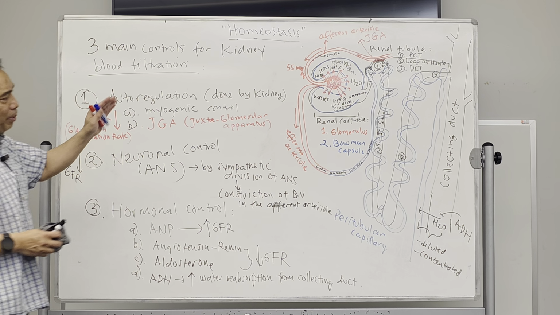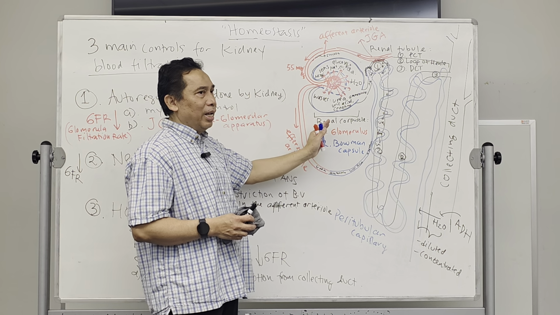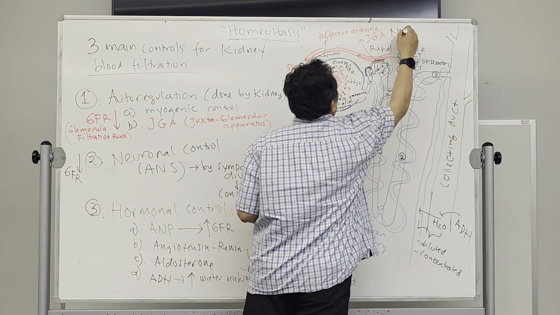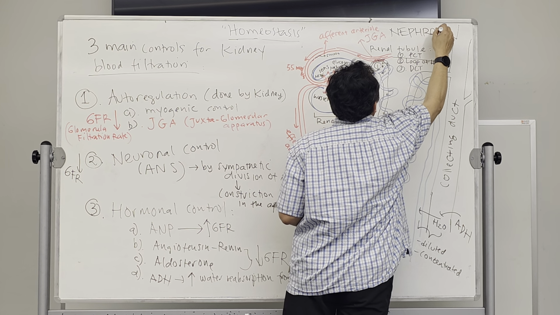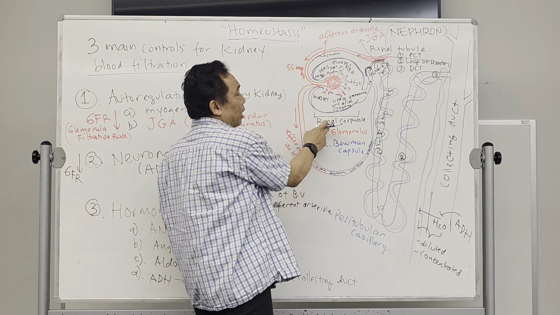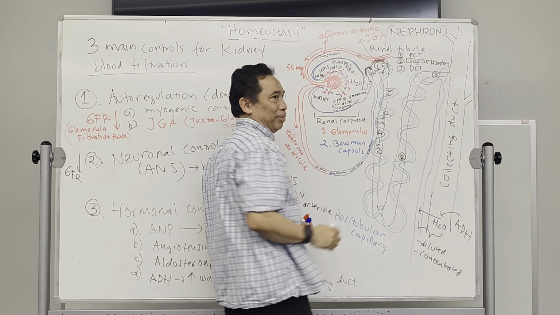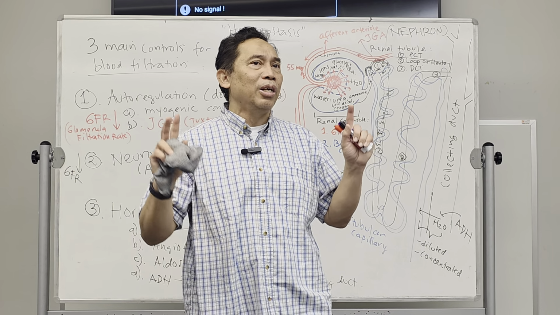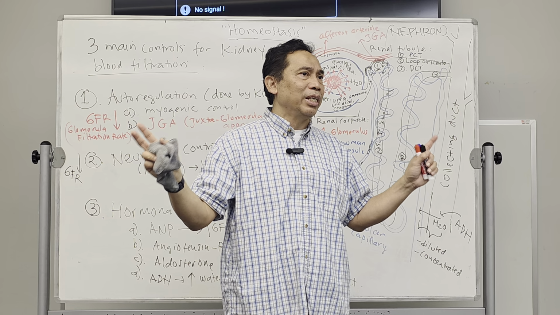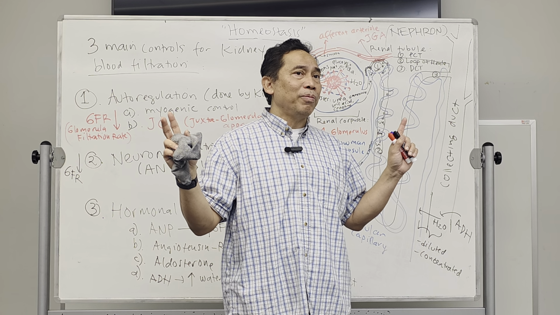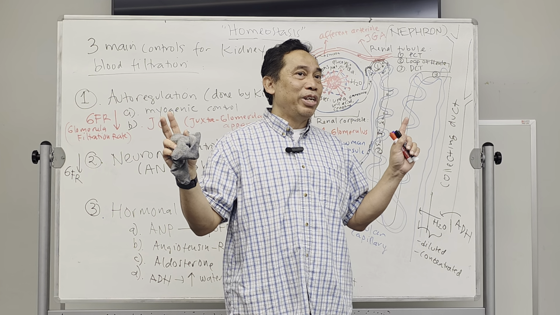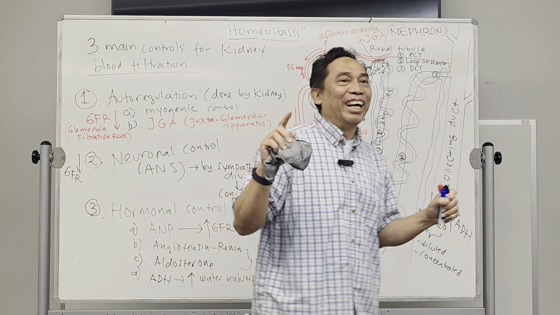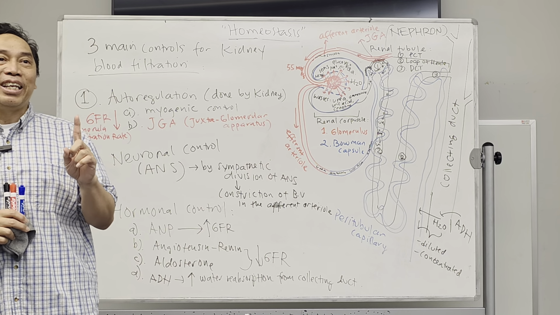And again, just remember, basically the filtration is done by a unit called the nephron. So all this unit over here is called nephron. That consists of renal corpuscle and renal tubule. And do you still remember how many nephrons an individual has? So all of us have the same number of nephrons since we were born. Therefore, if some of them are broken, they cannot be replaced. You're done. We're done. How many nephrons does everybody have in one kidney?